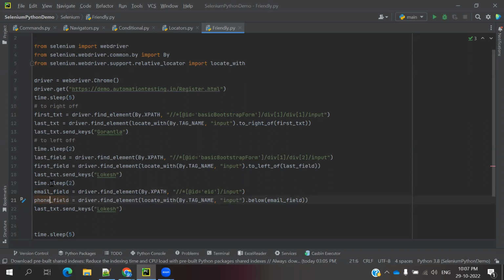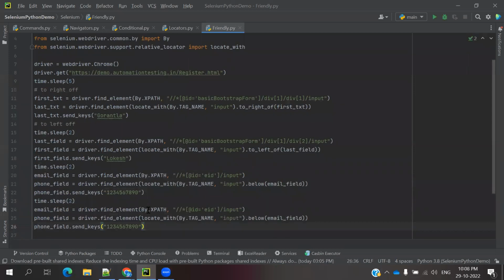Okay, now I can use phone field here to printing. Phone field will take 1 2 3 4 5 6 7 8 9 10 values. Okay, again I'm going to take the same copy of the code to reduce the time of finding all the things. Again I'll go for here